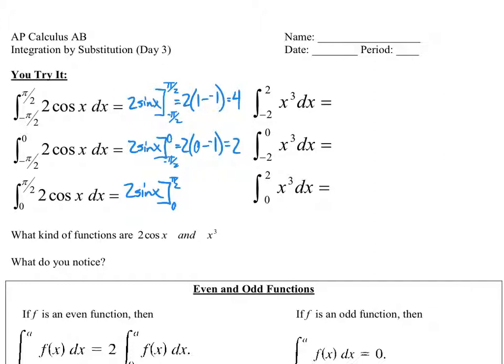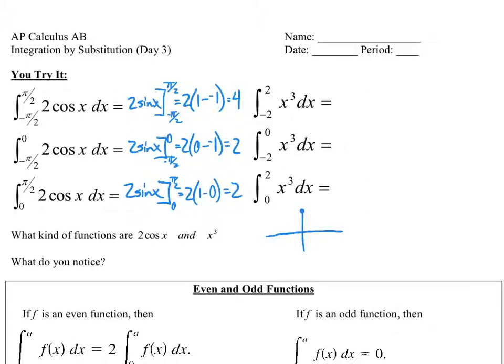Okay? And then we have sine of pi over 2, which we already said was 1. It's going to be 1 minus 0, so this also equals 2. Okay? Now, 2 cosine of x. You may be able to visualize this, but let me quickly sketch 2 cosine of x,